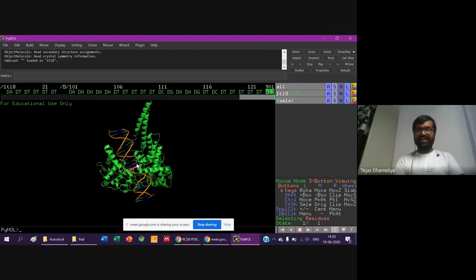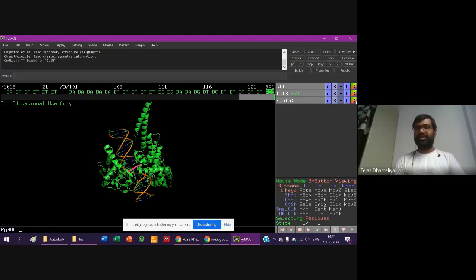So you can see it is highlighted. The workspace. Now I will select here. There are several buttons: A for action, S for show, H for hide, L for label, and C for color. The more you work with this software, play with this software, you will come to know about the features of